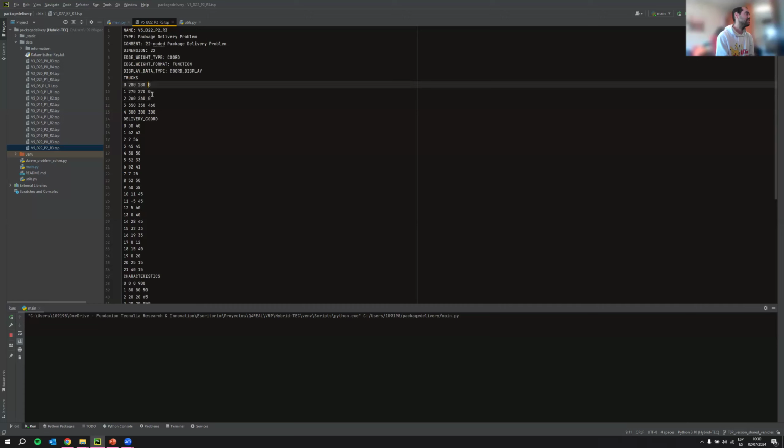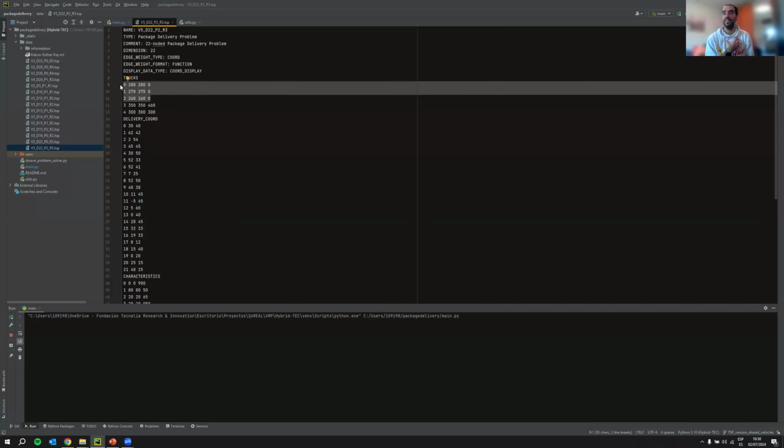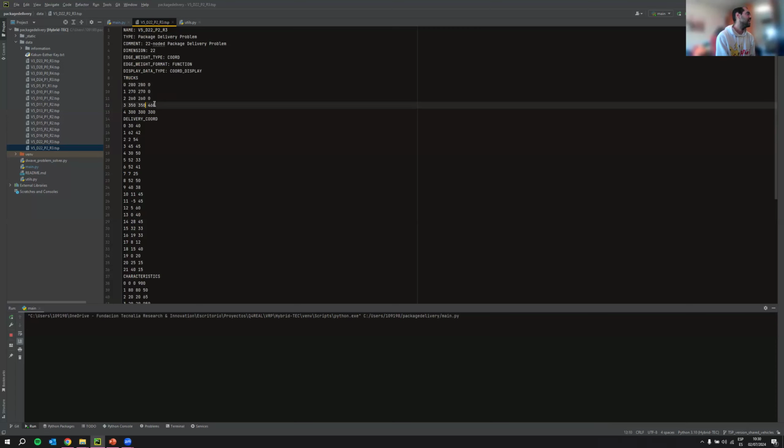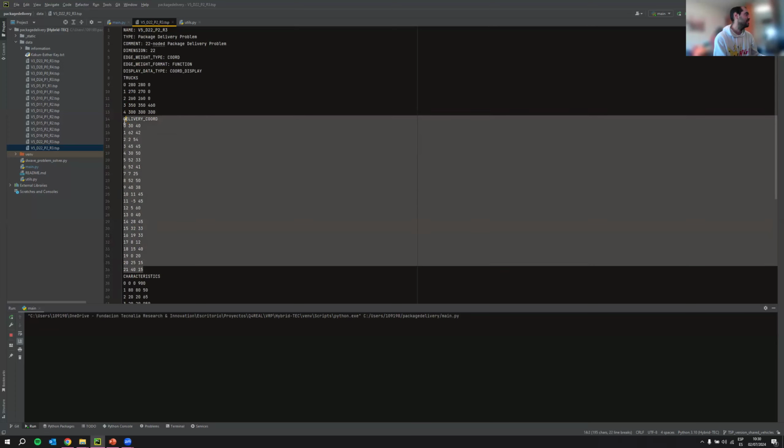If the truck is an own one, belonging to the company, the cost is 0. But if it is a rental truck, the last of these values is the price of using this truck. Then we have the coordinates, the latitude and longitude, the geographical location of each of the clients, of the deliveries.